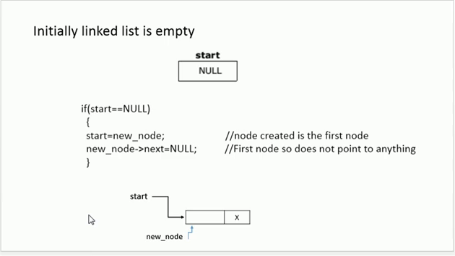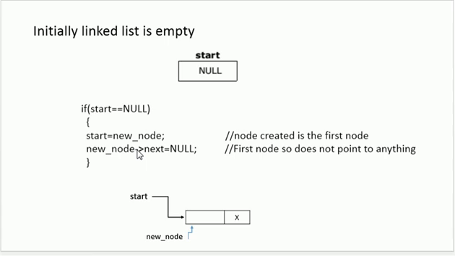I'm going to say that right now start is null, but now associate the start with the new node. So I'll check this, that if start is equal to null, then I'll write that start is equal to new node. So since this is the very first node in my linked list, definitely the link part is going to be null. I don't have any further element over here, so that's why I have written over here that link part or the next part of my new node is null.